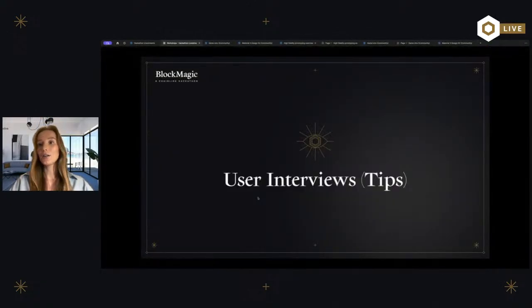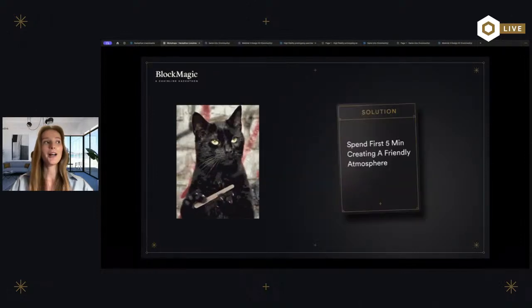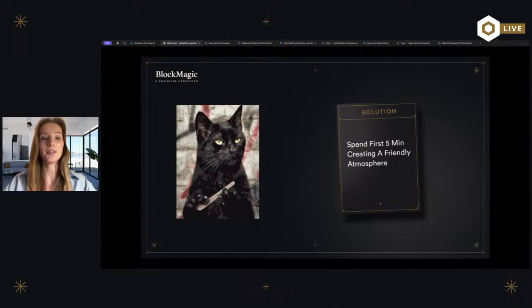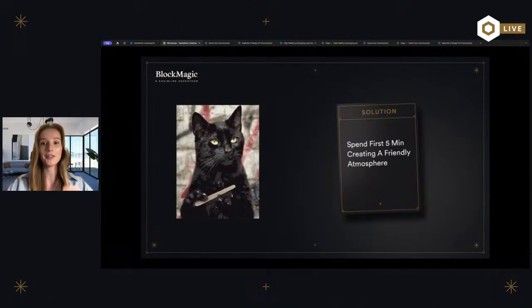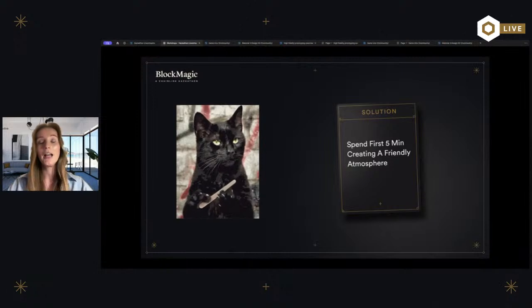Cool. Now I wanted to talk about the user interview tips, because usability testing is cool, yes, but also while we are doing usability testing, we are kind of conducting user interviews. It's not separate. You are talking with humans, with people, and there are some tips on how to start, how to finish, what to say in the middle, how to conduct user interviews and usability testing